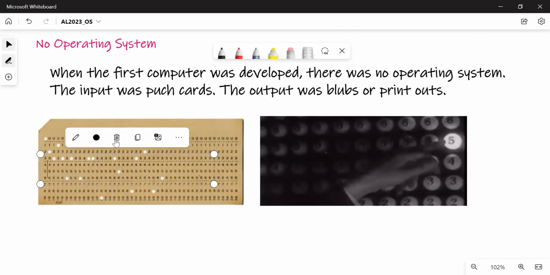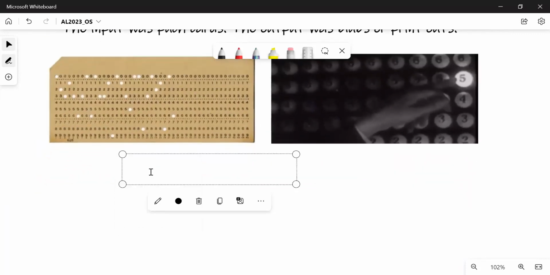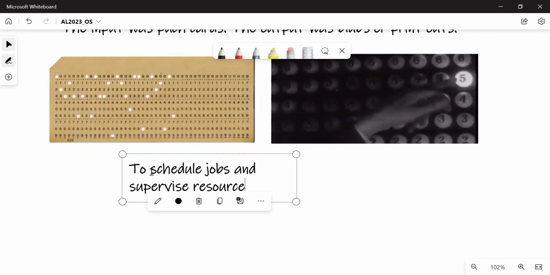I told you, scheduling means that when you want to run a program, somebody has to enter this, to schedule jobs and supervise resources. Humans were involved.